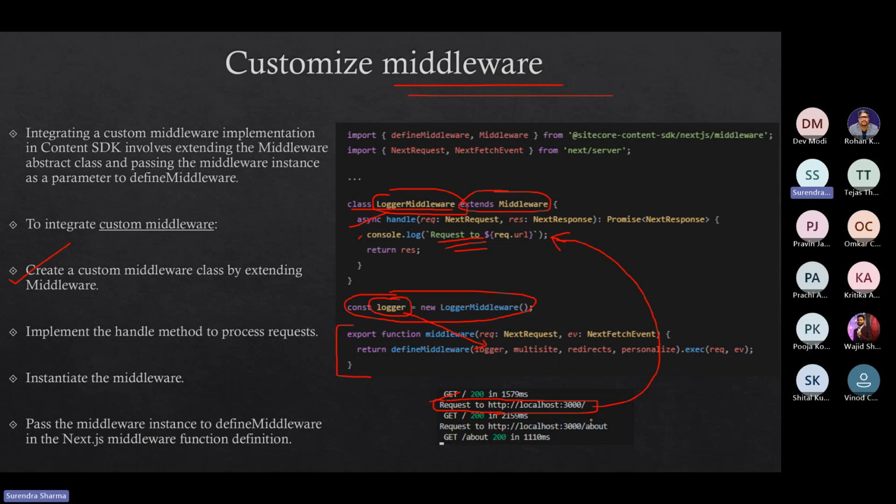Similarly, I am trying to access the about page. So that's also showing here that I have requested the about us page. Okay, so that's how we can implement this middleware here. Now to understand this middleware and the other functionality, let's try to implement it in our Next.js